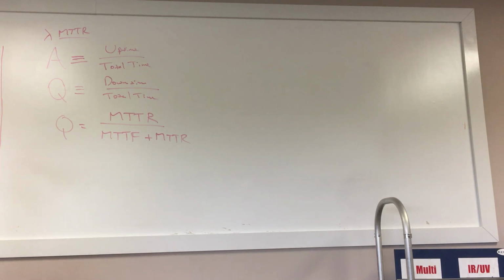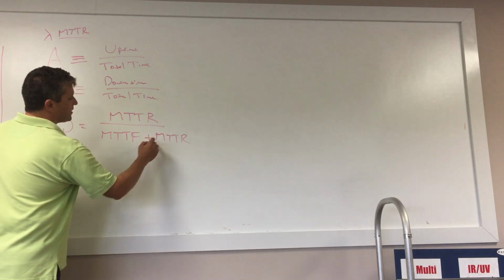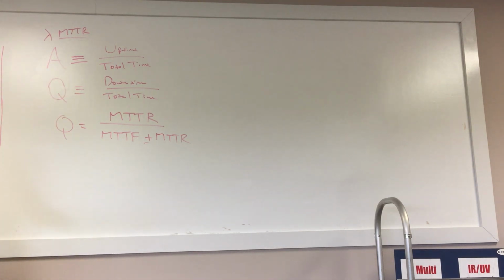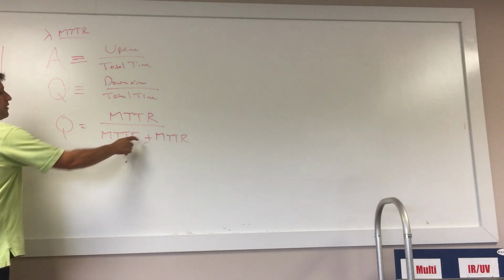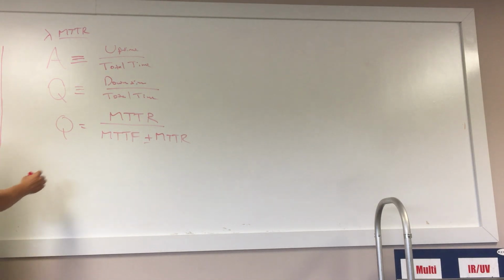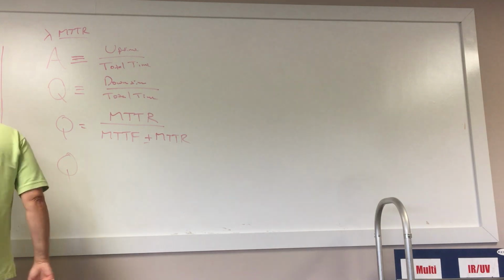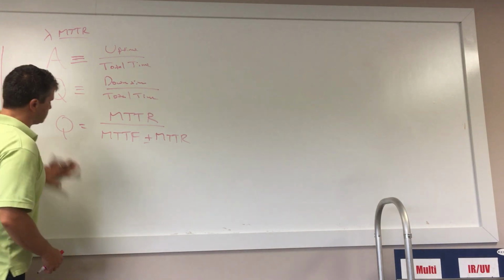Seems easy enough, like we should be able to use this, but alas, we have this plus sign in the denominator, which is going to screw up all of our calculus that we're going to be doing later. So we need to get rid of that by doing an approximation. And what our approximation is, I'll just state it,